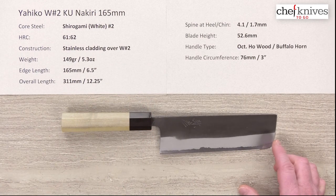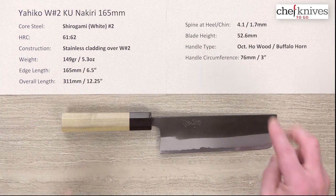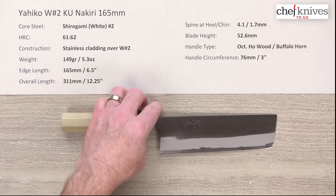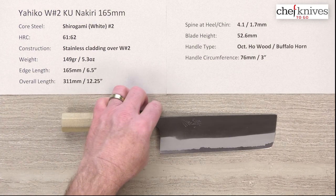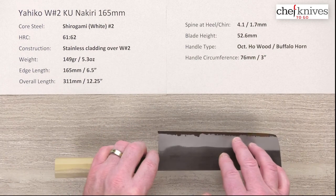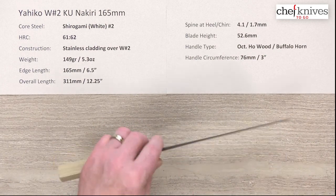I found between the knives that I've used, between this and the Nishiji series, that the stainless cladding does stain a little bit. It's not full-on, crazy stainless like for salt water or what you have on your silverware that goes in the dishwasher. So you may see some light staining on it. Don't be alarmed. It's actually not that uncommon for this type of stainless cladding, so you may need to occasionally polish that out if you don't like the look of it. The core steel definitely is reactive, so you got to make sure you keep that dry